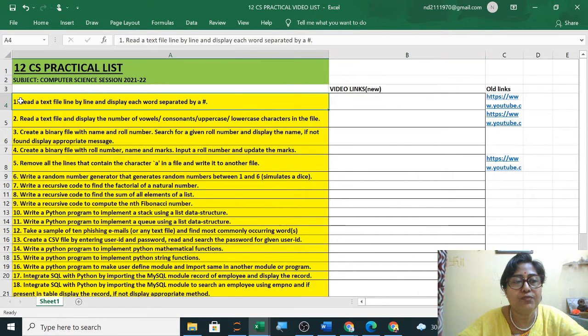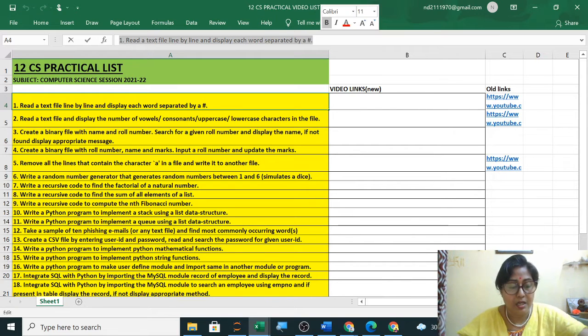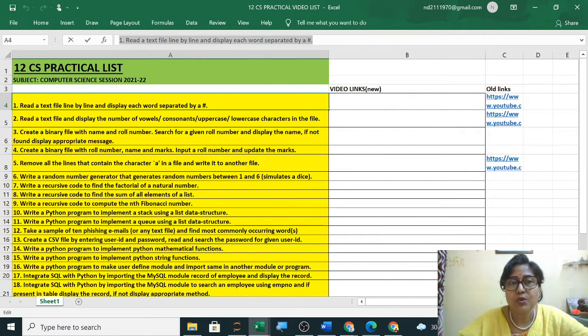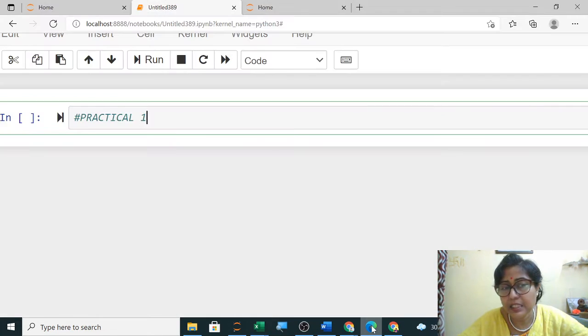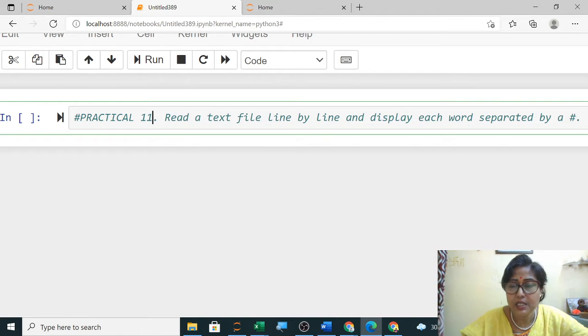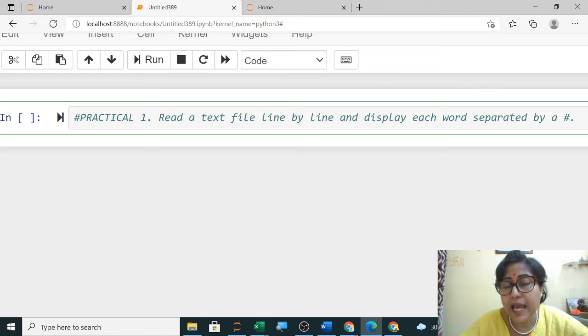Now you have to be careful what is written here, because you can read it para-wise, you can read it word-wise. So whatever is given, I will just simply do the same thing. Here it is written that read a text file line by line, not para-wise.